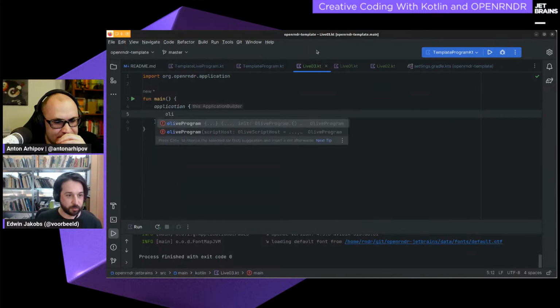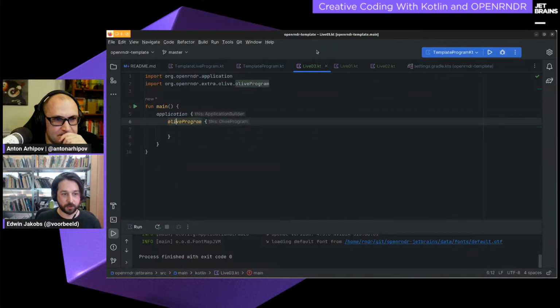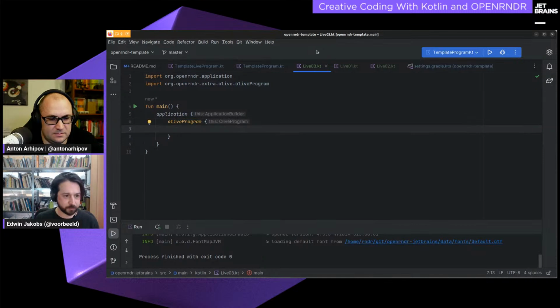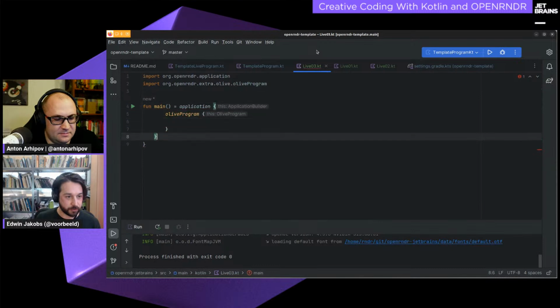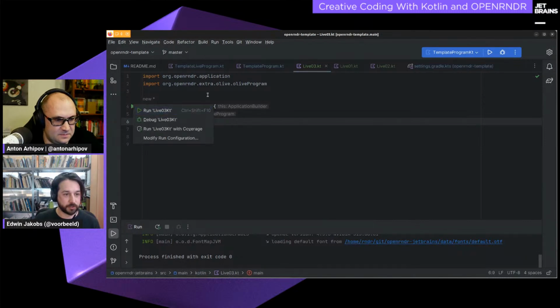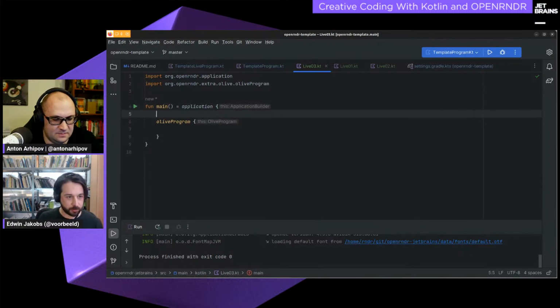Which looks almost the same, but instead of having a program block, we have something that is called the Olive program. Let's reduce the amount of indenting. And when I run this, wait, let's